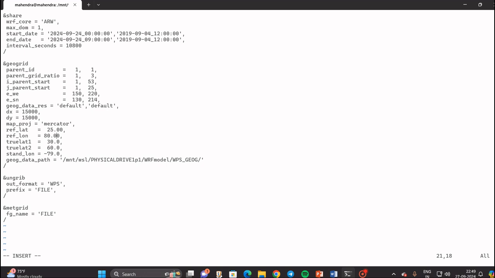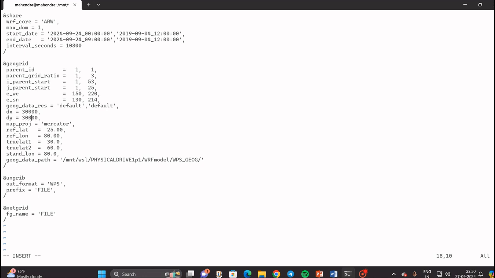True lat 1 and true lat 2 are not required in Mercator projection, and stand_lon will be equal to the ref_lon, which is 80. Let's take horizontal resolution dx and dy 30 kilometer. It means 30,000 meter,